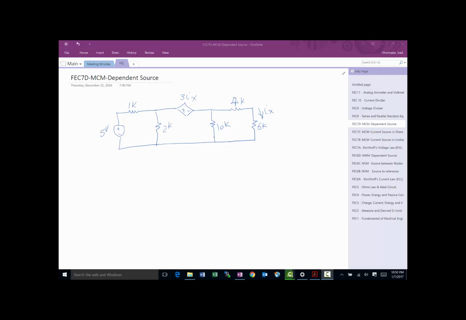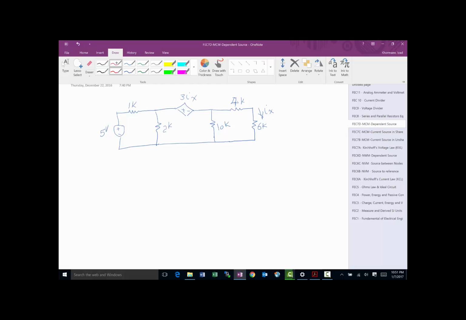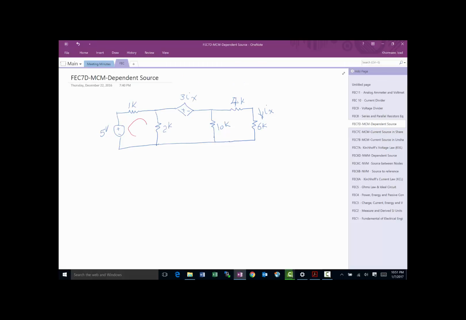The first thing is to identify how many meshes there are. In this particular case, we have one mesh here. We have one mesh here. We're going to label this one I1. We got a mesh here. We're going to label it I2, and we're going to label this one I3. So just like we've done before, for each one of these, we're going to apply the